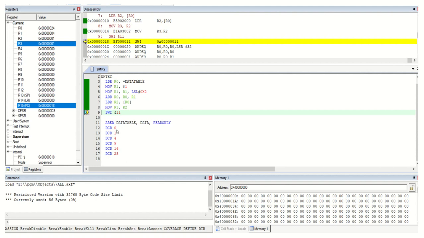Here I considered 0 square, 1 square, 2 square, 3 square, 4 square, 5 square. Only 5 I considered. You can consider up to 10, because in the aim of the experiment they given 1 to 10, any number you can choose. So you can continue this till 10 square.